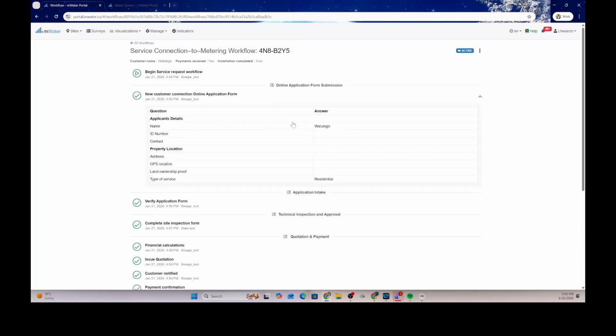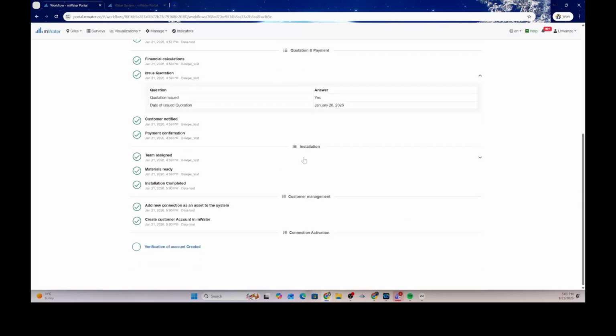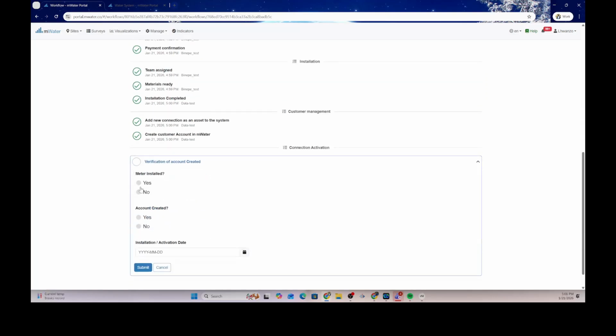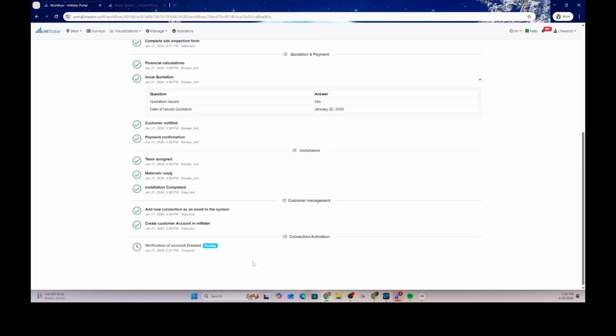I have the chance to look at each of these details and check. Once I confirm that the stage has been gone through extensively, I can verify as a utility manager. At this point, I state the date when that happened, and then I make a submission. Once that is done,